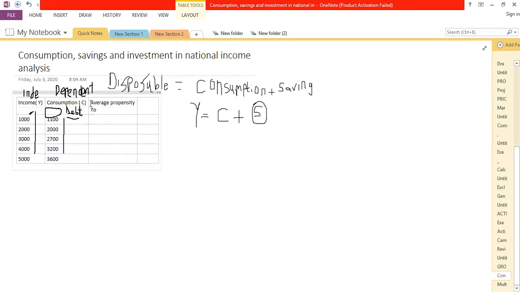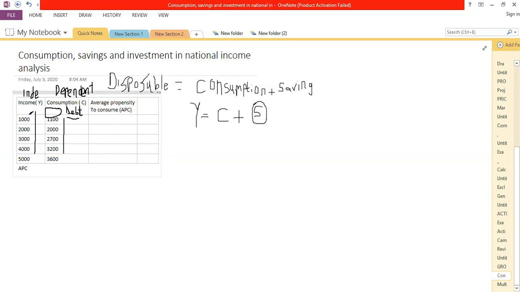Average propensity to consume. Propensity is all about the drive that one would have when it comes to a given variable, like we are talking of the drive now to consume. But on average, how is that a drive? In general, the average propensity to consume, which I'm going to abbreviate as APC, is computed as follows. The APC is given by,